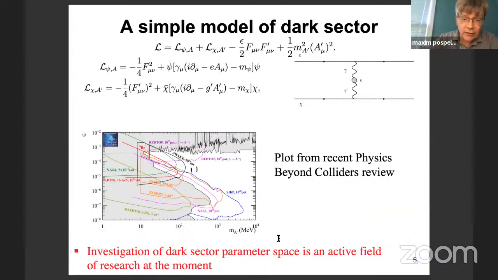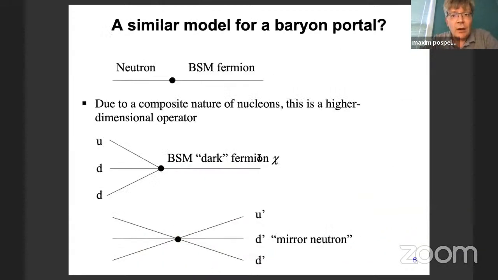And the investigation of this dark sector parameter space is an active field of research at the moment. I already said there are a lot of investigations for the Higgs portal, the axion portal, and of course the sterile neutrino portal, or heavy neutral lepton portal. Now, there are more particles in nature, right? So I can ask the question if there is maybe an analog of the neutrino-heavy neutrino mixing parameter for